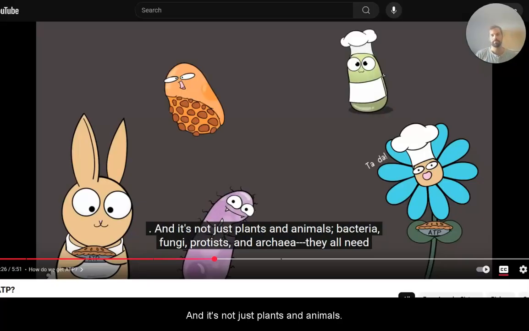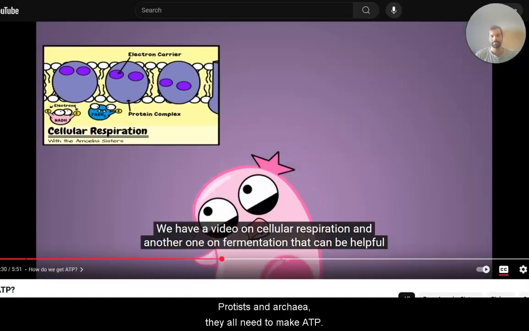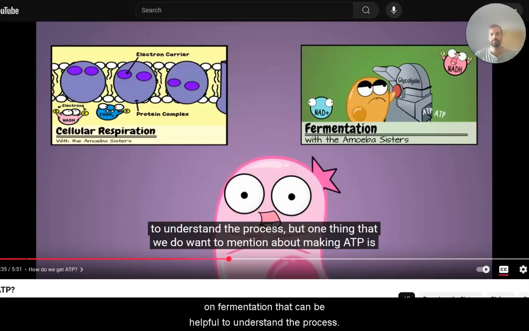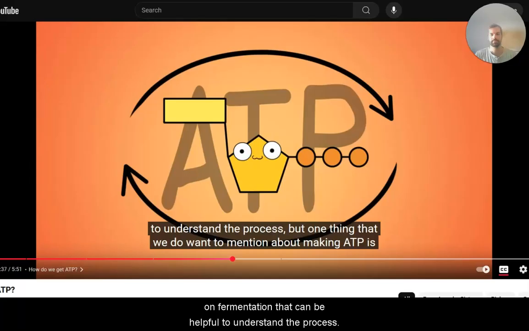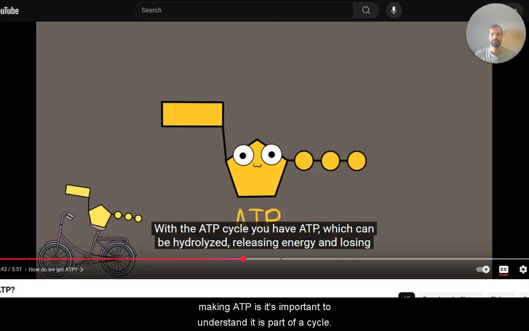And it's not just plants and animals. Bacteria, fungi, protists, and archaea, they all need to make ATP. We have a video on cellular respiration and another one on fermentation that can be helpful to understand the process. But one thing that we do want to mention about making ATP is it's important to understand it is part